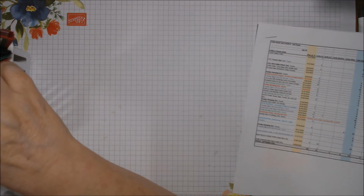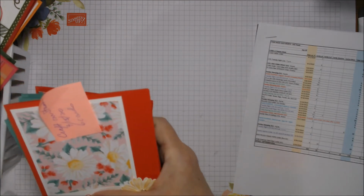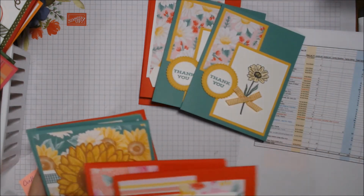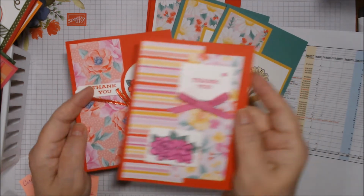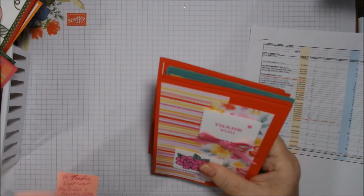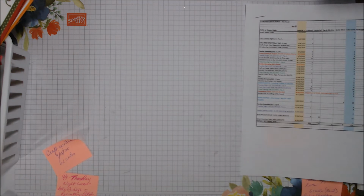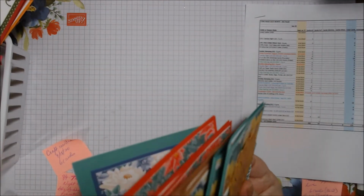we have flowers for every season, and we made 6 cards. So we have 2 of those and 2 of these and 2 of these. A little bit different, actually, 1 of each of these. On Poppy Parade. That was from, what did I say? I forget. I don't know. I think Tuesday Live is what I said, right? Anyway, yeah, those. And then we had Craft Our Stash, and I wrote I made 6 cards, but I am